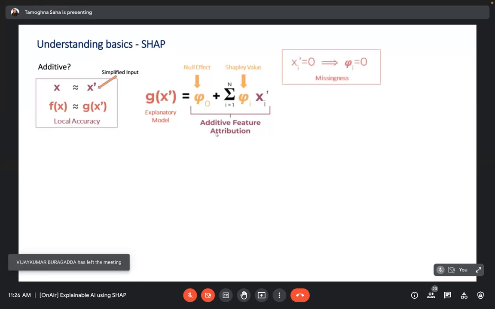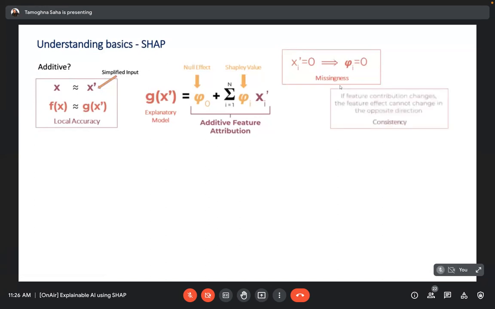There are three particular properties, where the first is local accuracy. The second one is called missingness, which states that if a feature is missing, then its Shapley value contribution is also going to be zero. We cannot just have any kind of negative or positive value corresponding to that part. And the last one is consistency.